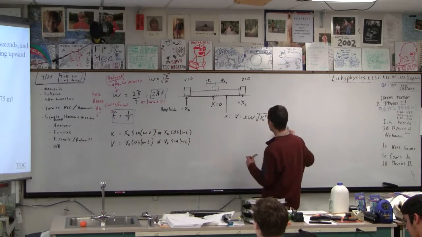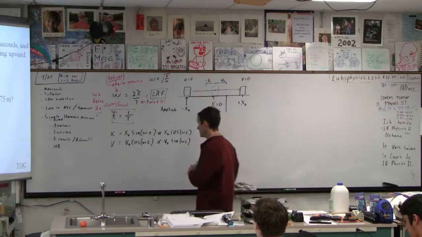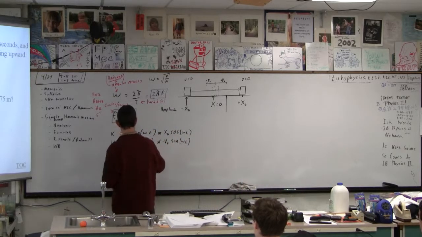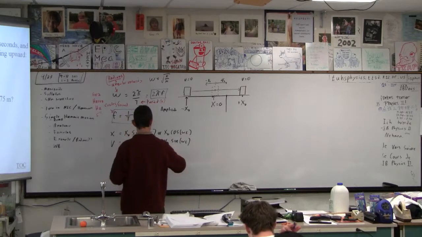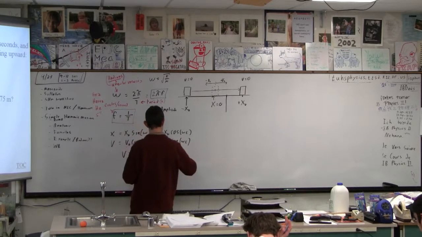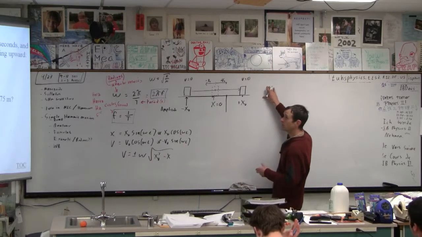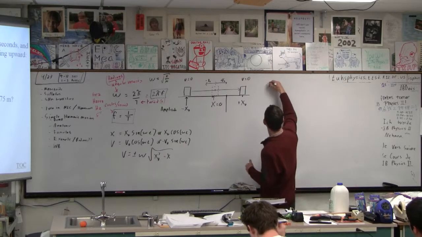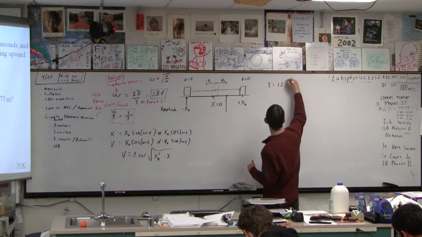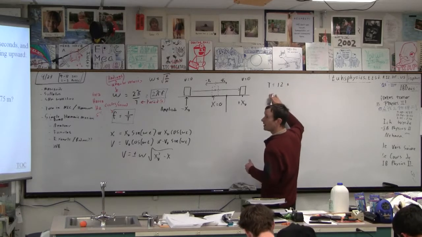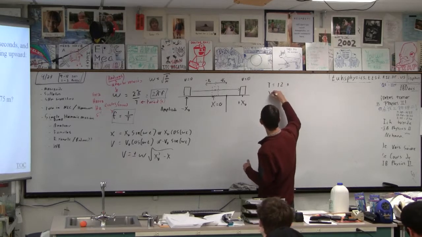Okay. I'm going to put our precious little formula down here. V is plus or minus omega square root of. Okay, so the first thing I want to do is they told me that the period is 12 seconds. So T is 12 seconds, right? Okay. The amplitude is